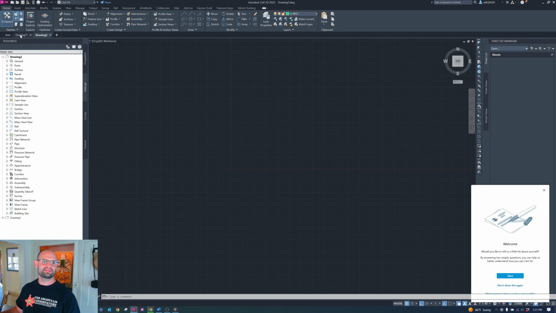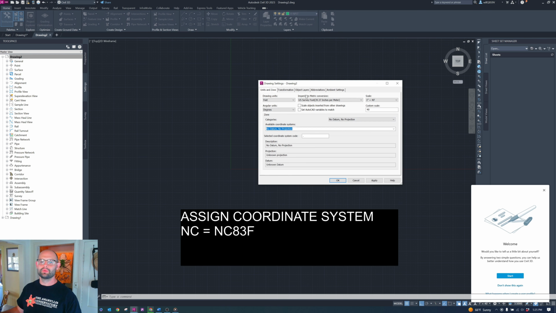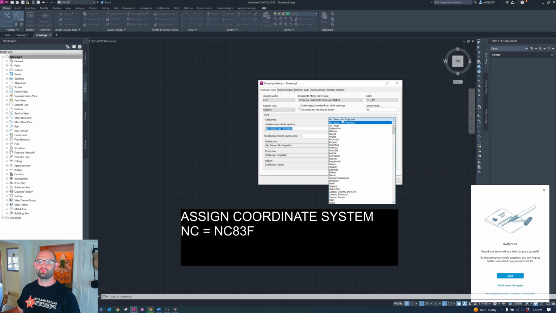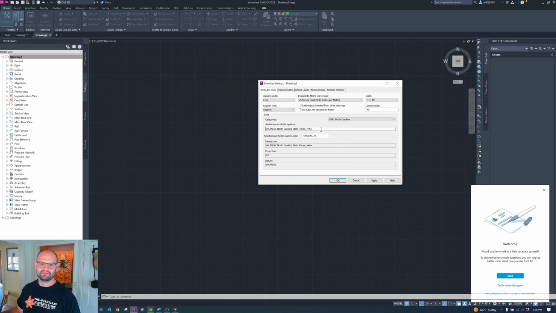Let's go to the settings tab of Toolspace. You can type in Toolspace to bring Toolspace up, or click the button up here. We have gone to the settings tab. Let's right click the drawing we're in, edit drawing settings, and here we're going to choose our coordinate system. We're working in North Carolina, and you can search through here. Find your general location. We're USA, North Carolina, and the coordinate system here is always that NAD 83 North Carolina